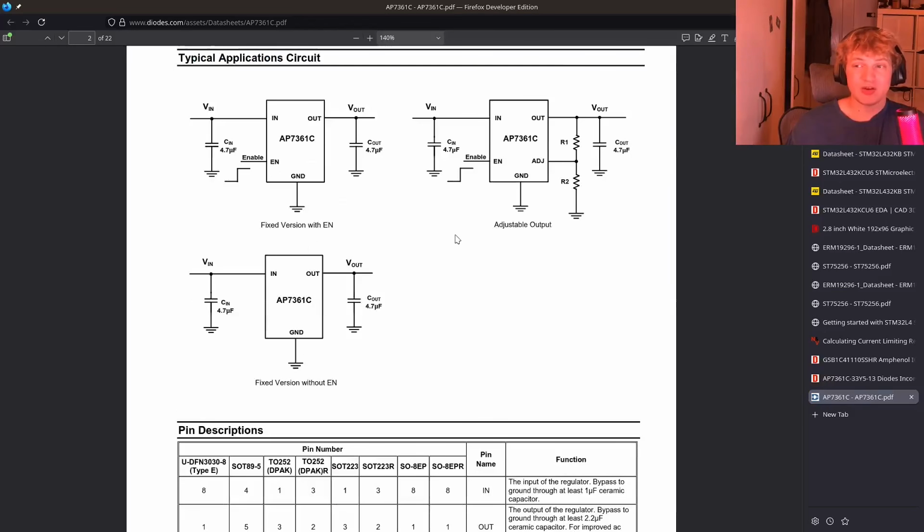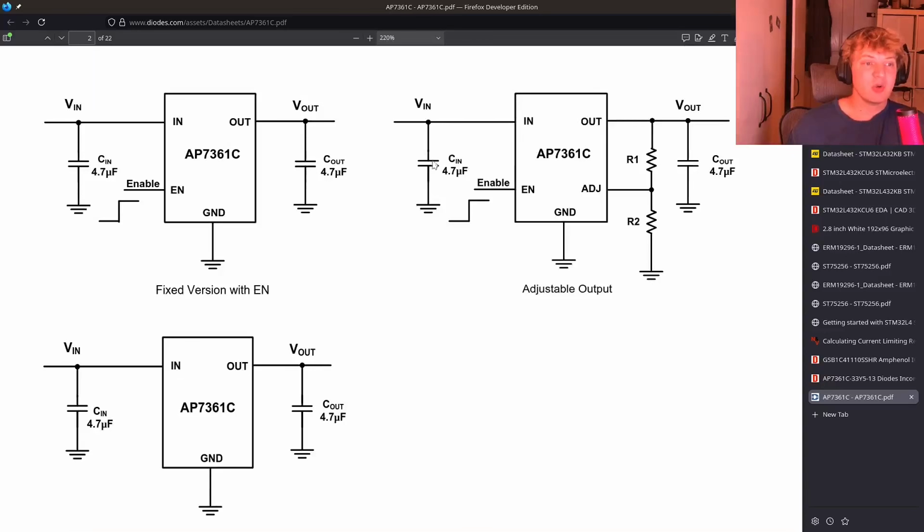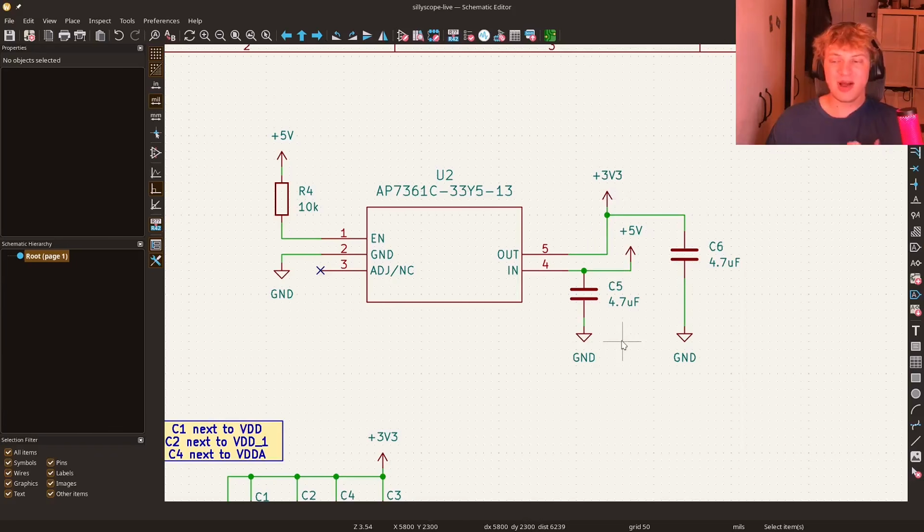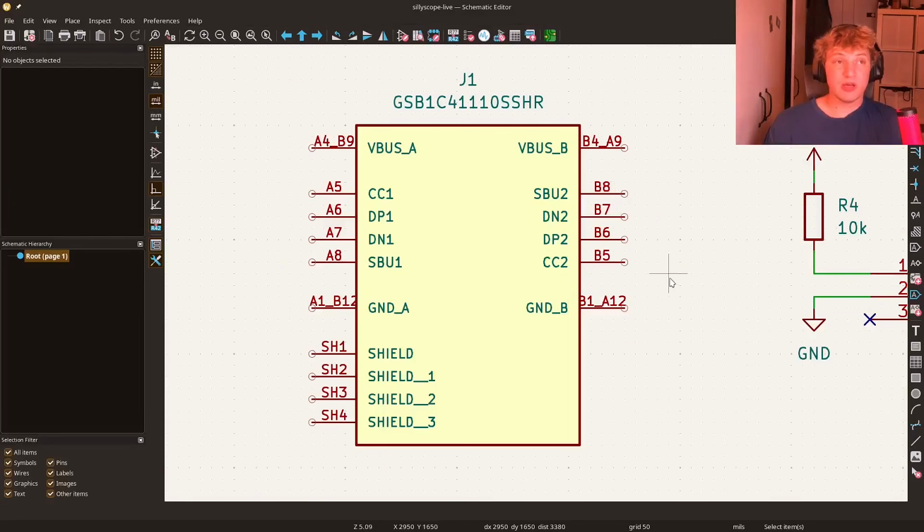I'm going to do that according to the datasheet for this component. So you can see right here, we want a 4.7 micro on both Vin to ground and also Vout to ground. Here's our happy little chappy all wired up. You can see I've added decoupling capacitors on Vin and Vout, and then we have enable pulled up to 5 volts. So what that means is that as soon as the USB is plugged in, the output is going to be enabled. We pull up with a resistor to limit the current,